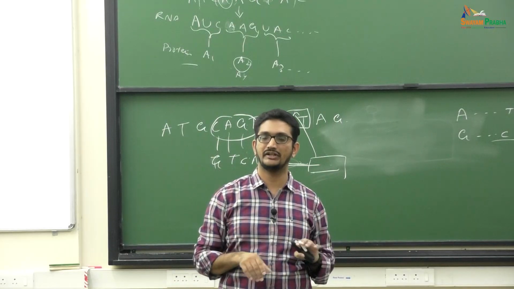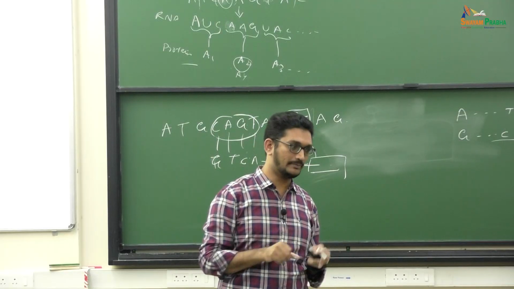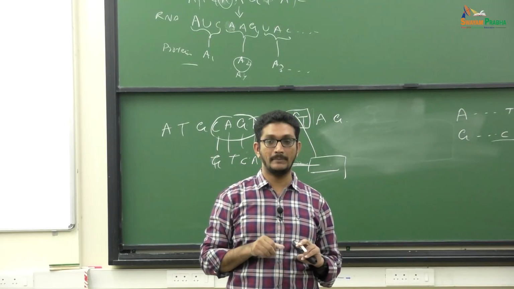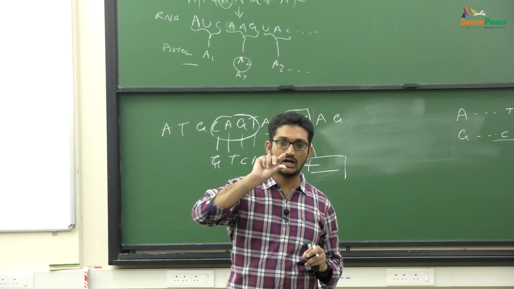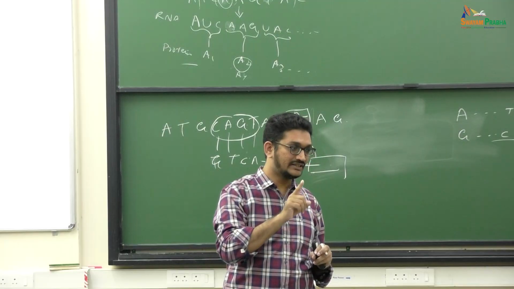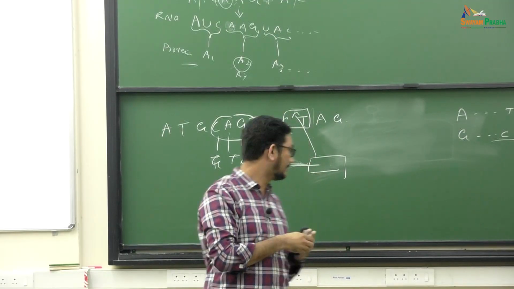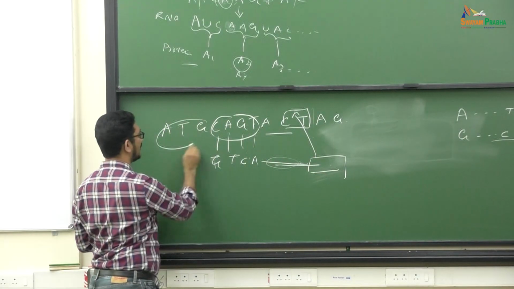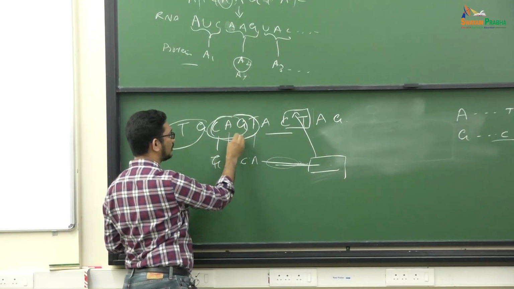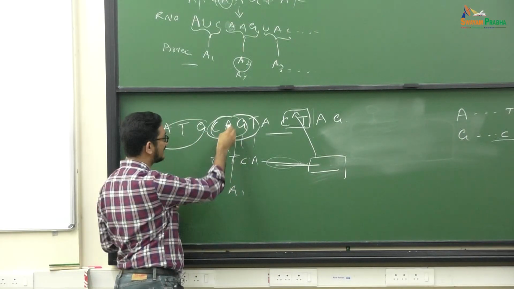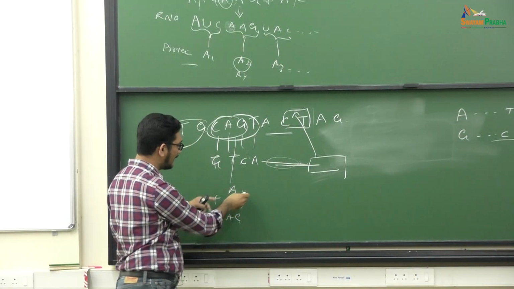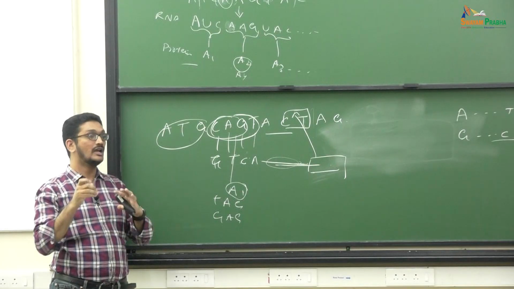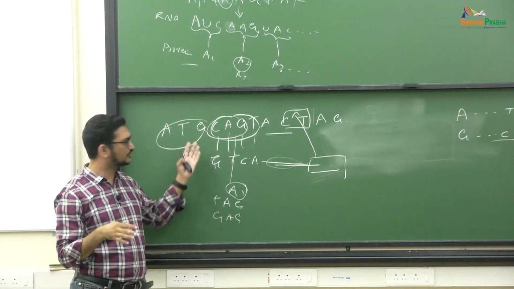So I'll show you what is called a codon table. If you all have internet, you can go back and see it. Nature is pretty impressive, or pretty intelligent as well. So you have a codon table. One amino acid can be coded by 6 different codons. Suppose CAG codes for one amino acid. The same thing can also be coded by TAG or GAG, something like that. So the same amino acid can be coded by 6, sometimes 2, sometimes 3 different